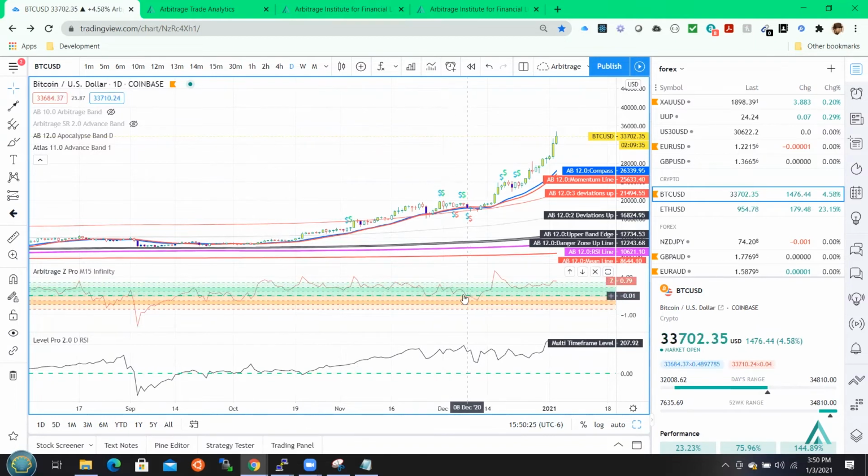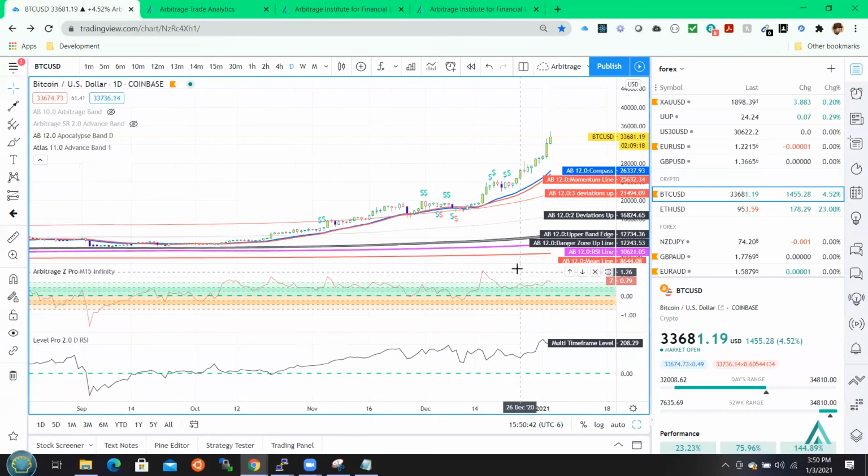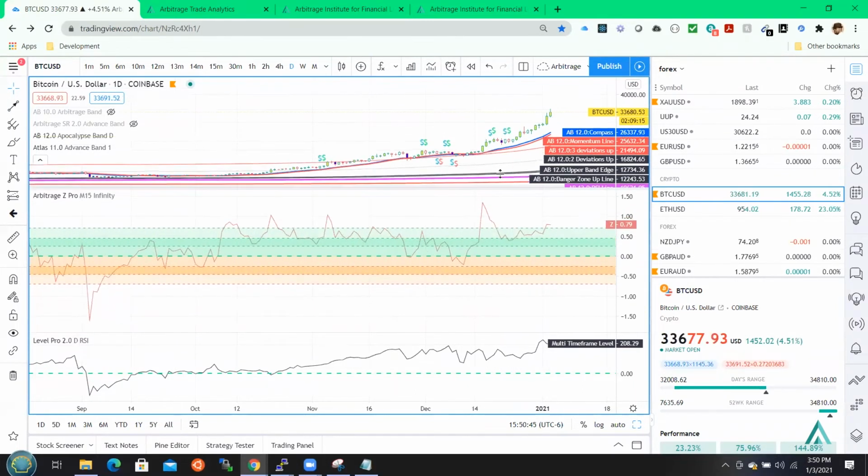And when it dipped, we saw that we got dollar signs. If you wanted to get in at those dollar signs, you could have, and then ride and ride again. We poked out of the top, but poking out of the top just means it's going to correct some. And as long as it stays above what I call a sweet spot